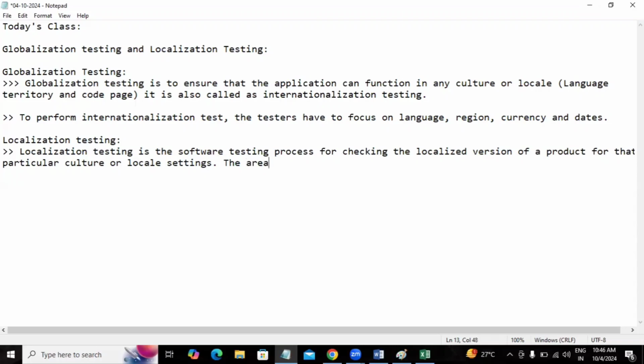The areas affected by localization testing